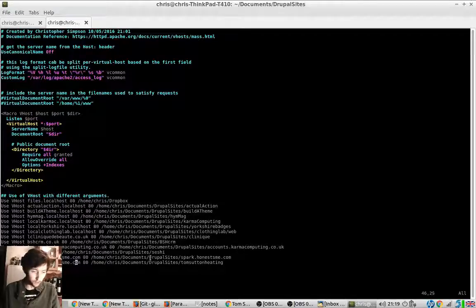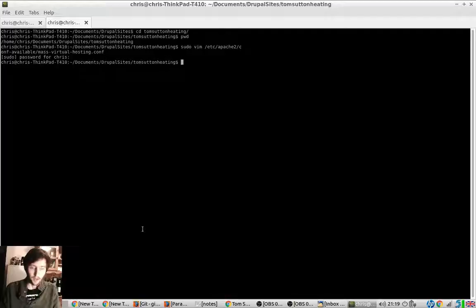And I will create a web address, a local pretend web address for this. So we'll call it local heating. I'll just put L Tom Sutton Heating. It's just personal preference. I tend to put L in front of the domain names to remember that it's the local site. Now I'll copy that to the clipboard, save that. And now, because obviously that is not a real web address, I have not purchased that web address, I'll create a manual entry in my hosts file so that we can use that web address and pretend that it's a real one. So we'll edit our hosts file,